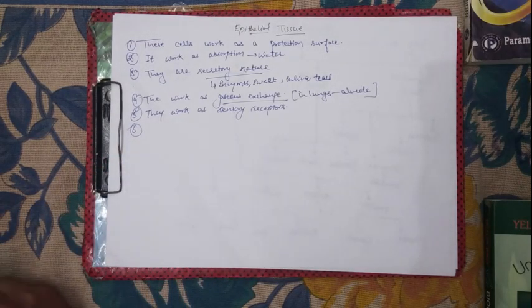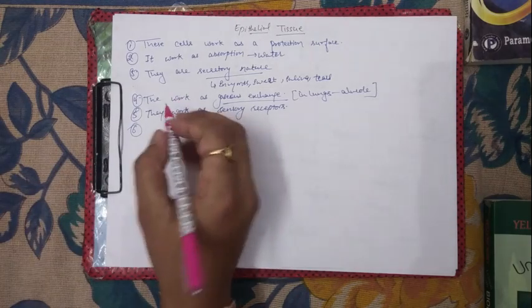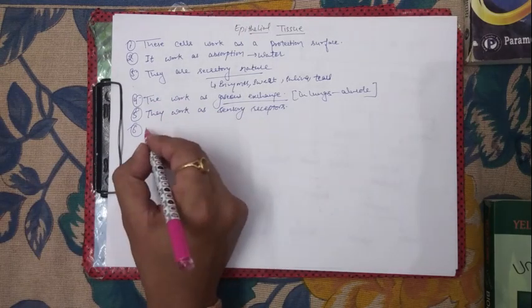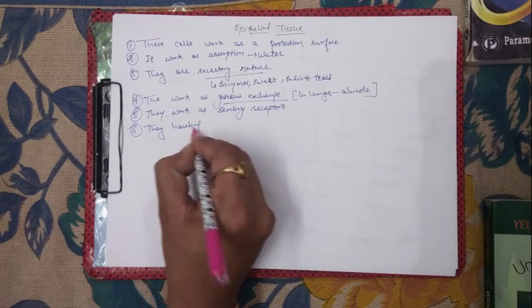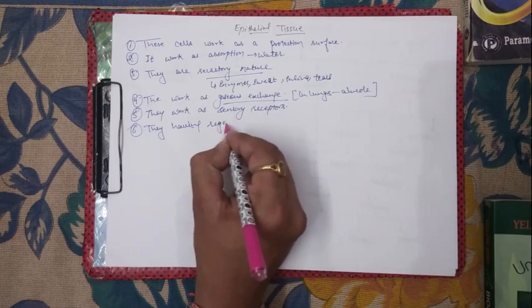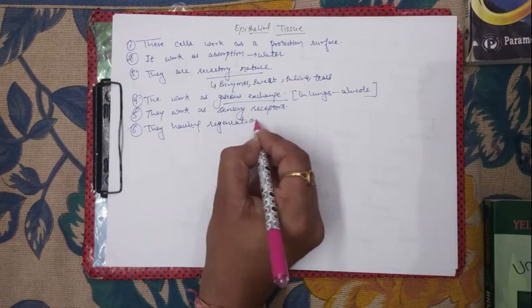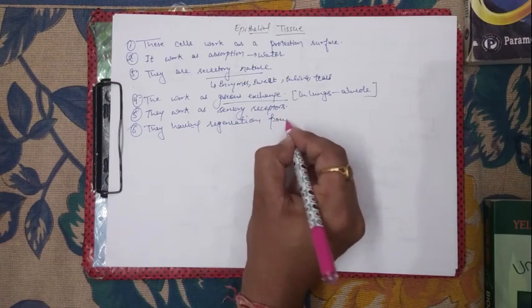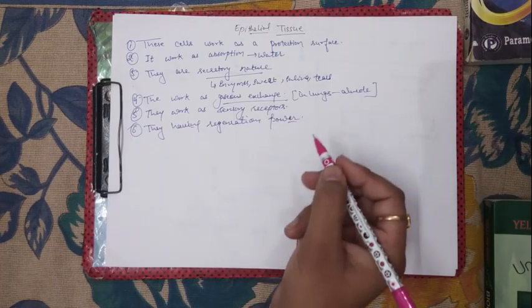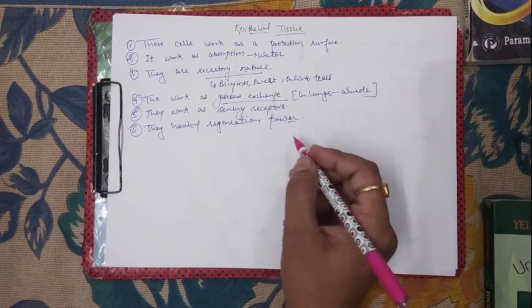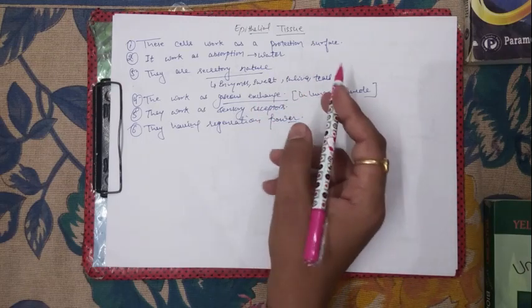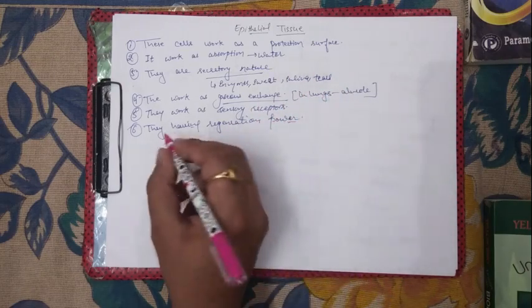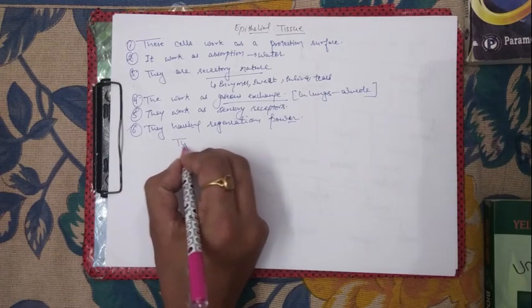Next, they have regeneration power, which means they have self-regeneration capability. These are some functions of epithelial tissues. The types of epithelial tissues are: